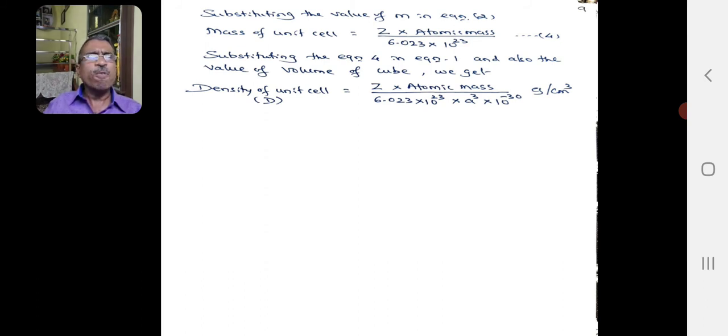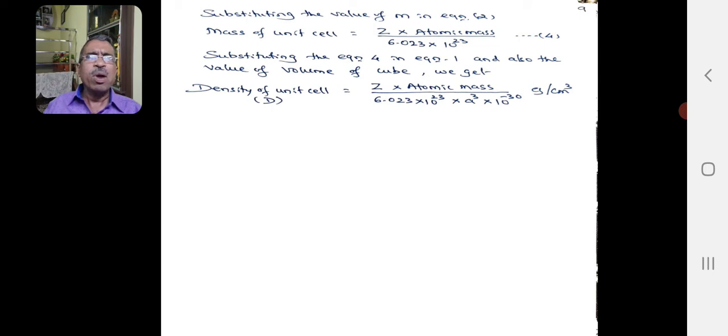Substituting equation 4 in equation 1 and also the value of volume of a cube, we get density of unit cell D is equal to Z into atomic mass divided by 6.023 into 10 raised to 23 into a cube into 10 raised to minus 30 grams per centimeter cube,